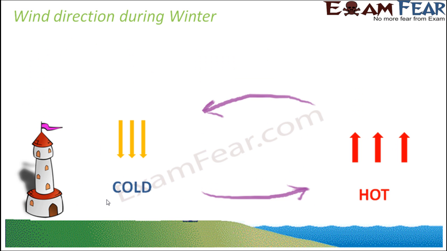Now exactly the reverse happens during winter. In winters the days are not that hot and sunny. Therefore the land remains cooler as compared to the oceans, and now you have the warm air just above the oceans. This warm air, being lighter, moves above, and as a result the cold air flows from land to the ocean, taking up the space which is emptied by the warm air. So here you have air flowing from land towards ocean. During winters the winds blow from land towards the sea. So that's how the winter winds are.